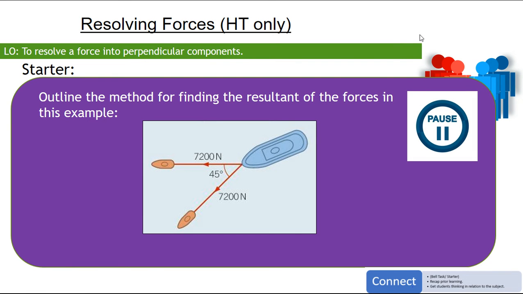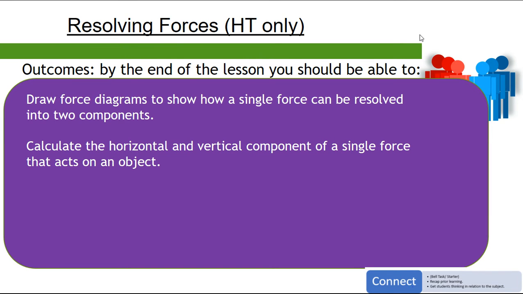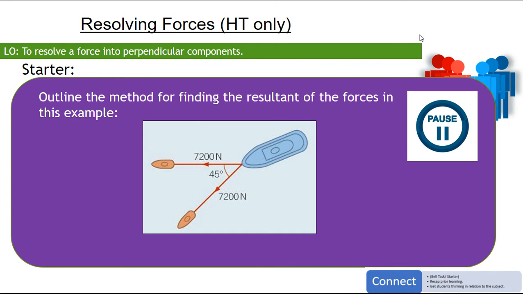Okay. And I'm going to pause now. So, I didn't talk about the method. How would we do it? We would construct the parallelogram of forces for each one, and then join up to get the resultant. I do apologise, I forgot to put that on the starter. If you're unclear about that, go back to the end of last lesson, which was the last thing, which was